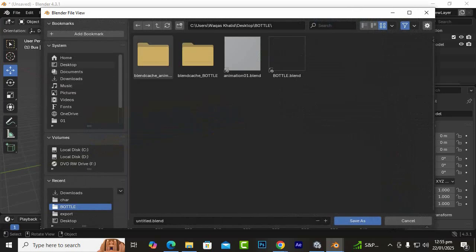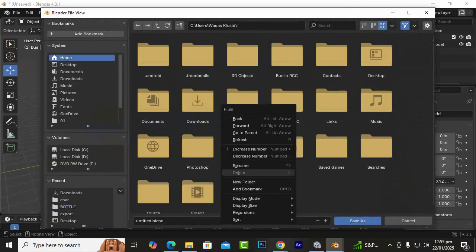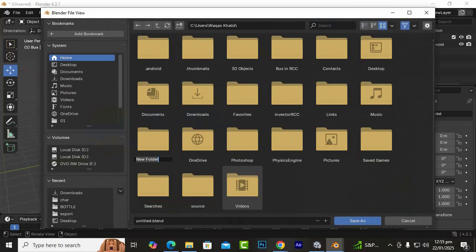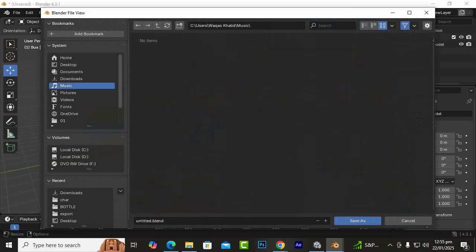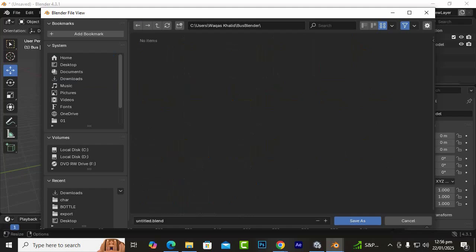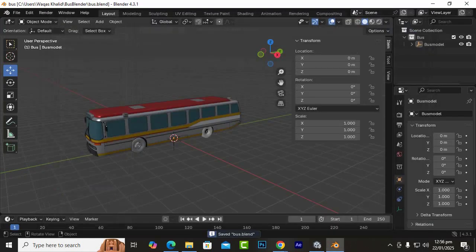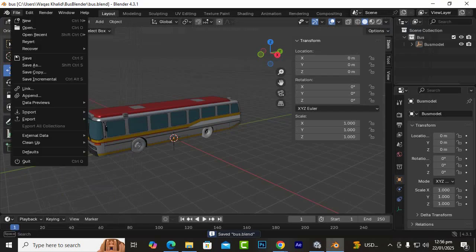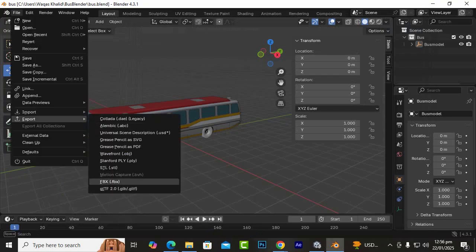I will save it as a Blender file as well. Oh, there it is. Okay, bus Blender. Oh, sorry. And then bus, and now we can just go to File, Export, FBX,